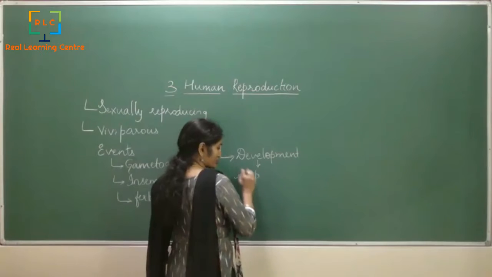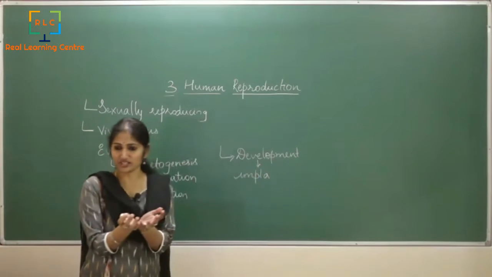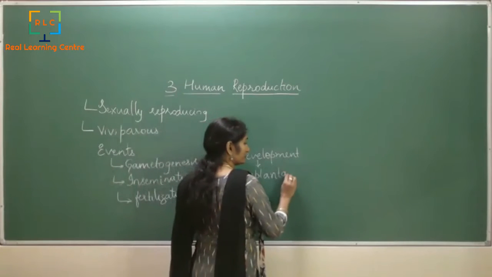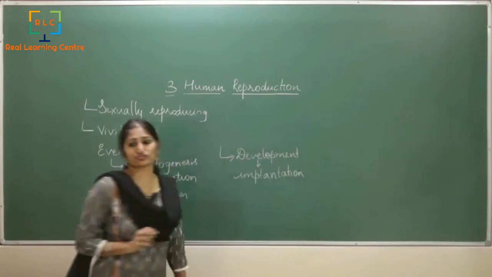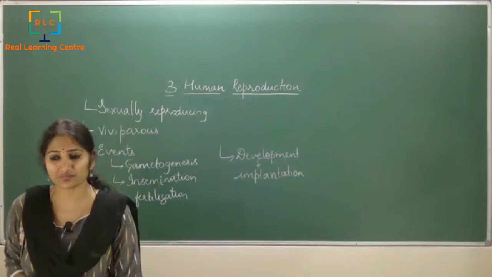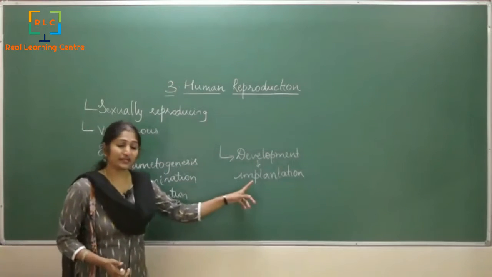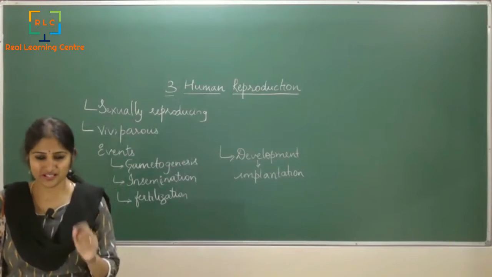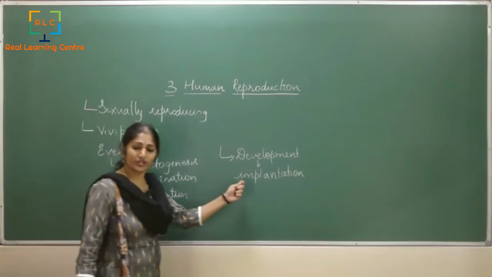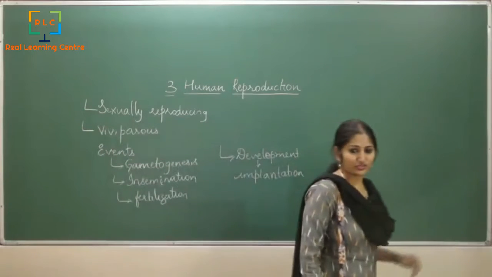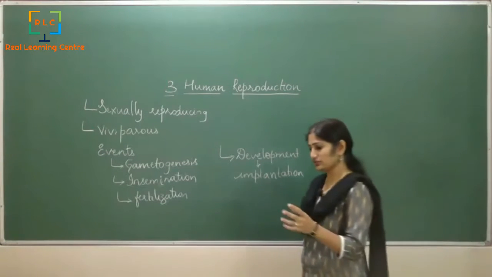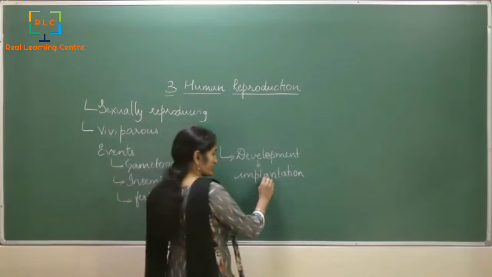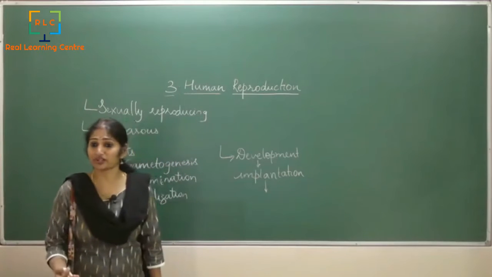okay? So development happens where the cell increases in size, increases in number. Now this will go and bind itself to one of the reproductive structures of the female body, which is called as the uterus. So it goes and attaches itself to the uterus, and this process is what we call as implantation. Now after implantation is well done, you see that the growing embryo gets all the nourishment, gets all the things, nutrients that is required for its growth, and then there is development that would happen,